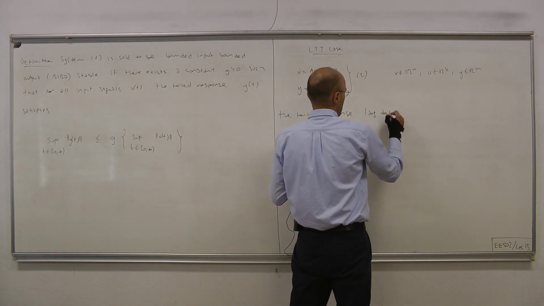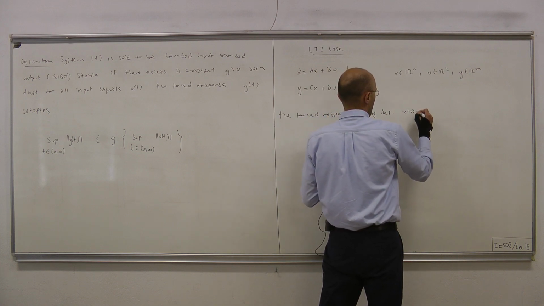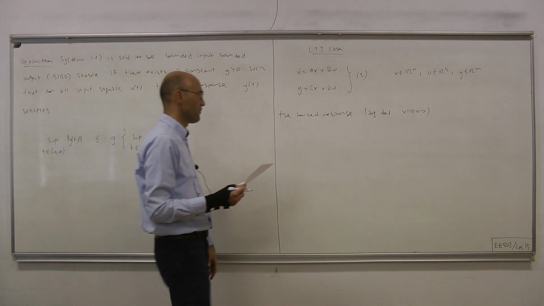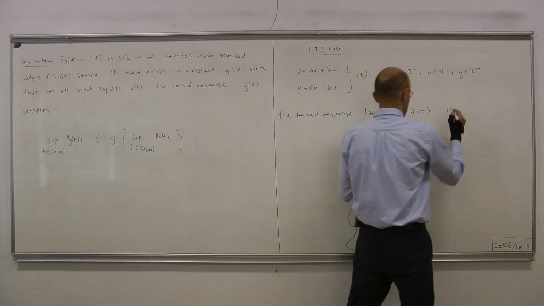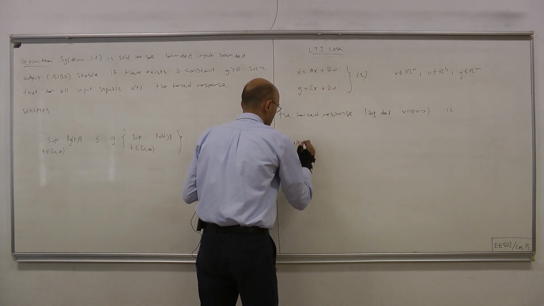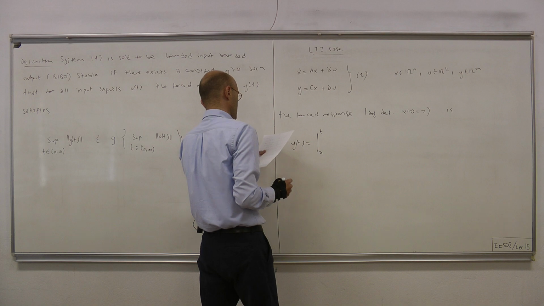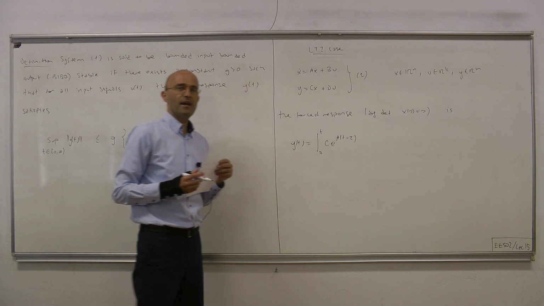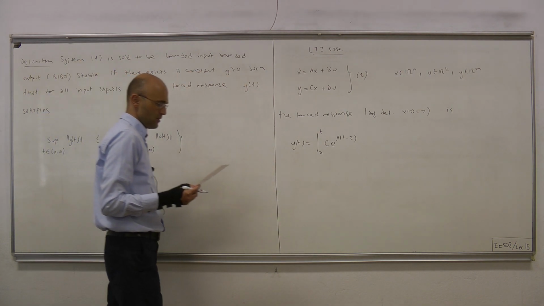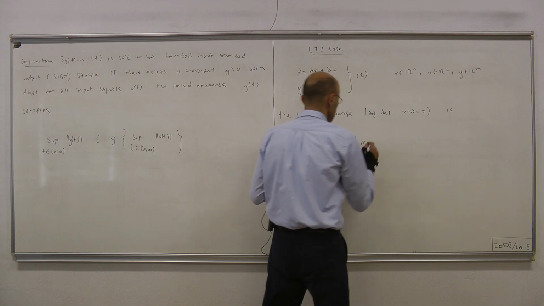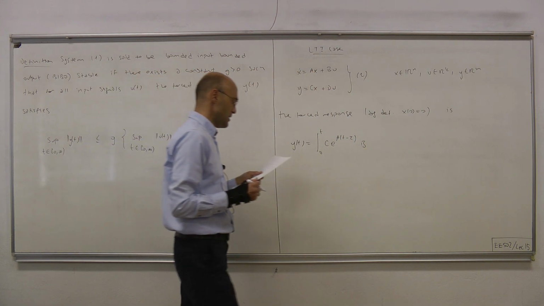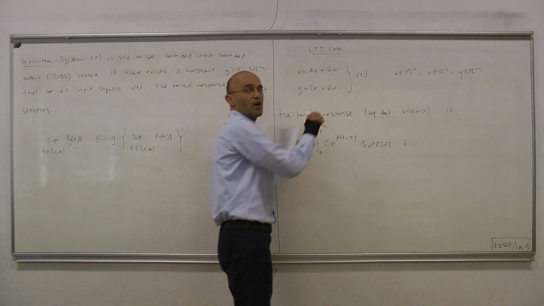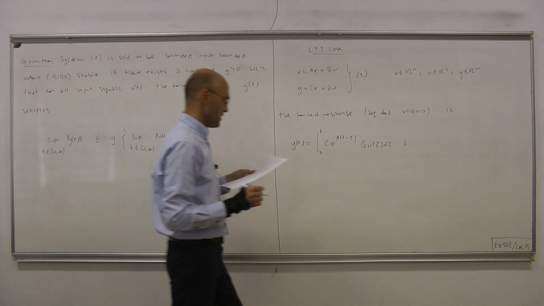By definition, we have the system at rest when we apply the input, or in other words, the initial conditions are 0. So the forced response for the system is y of t equals the integral of C e to the A (t minus tau), e to the A t being our state transition matrix for the LTI case, times B, then u of tau d tau, and we also have the term coming from the Du piece,